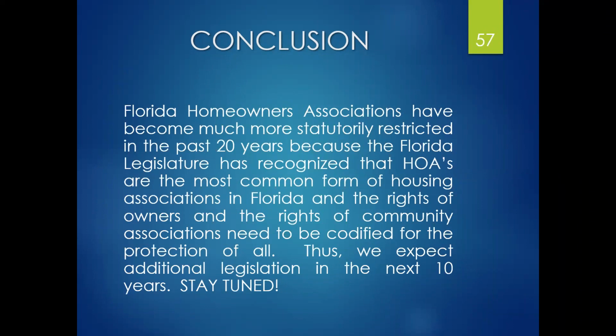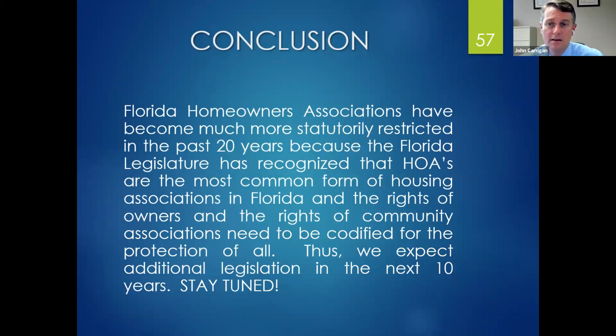Perfect. If an HOA has a sue-happy homeowner, can the HOA countersue for the homeowner's frivolous lawsuits that caused the directors and officers' policy to be canceled? You can't, I mean, there's a cause of action called malicious prosecution, which theoretically could be used. I never use it. What I generally do is there's a provision, it's 57105 Florida Statutes, which allows me in a lawsuit, if it's frivolous, pretty high bar, but let's assume that it is frivolous,